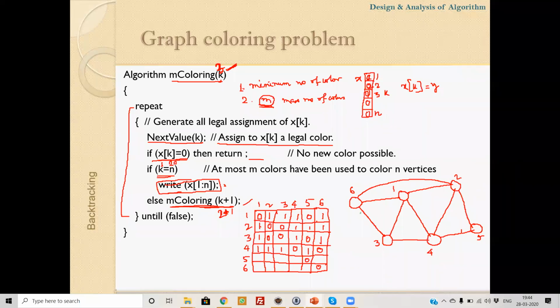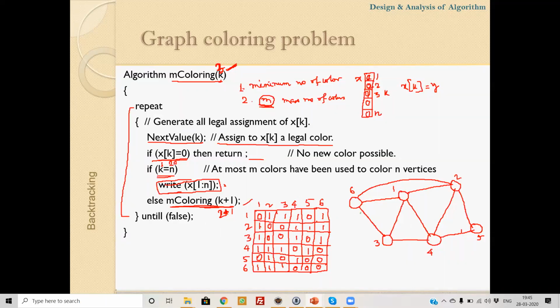Vertex 5 is connected with 2 and 4. Vertex 6 is connected with 1, 2, 3. So these values are 0. Okay, so this is the adjacency matrix of this graph.